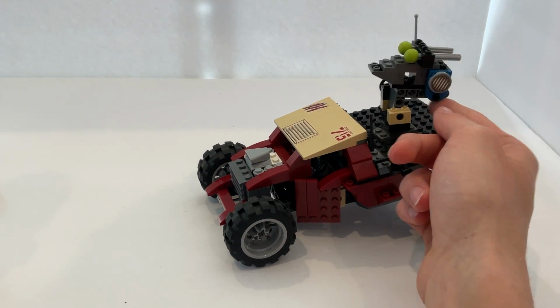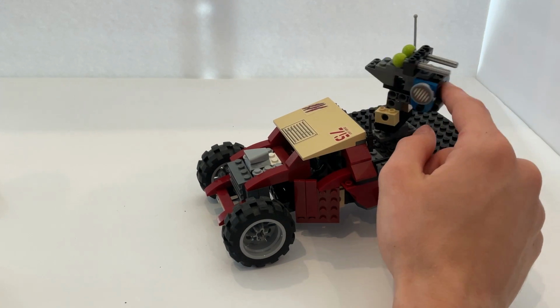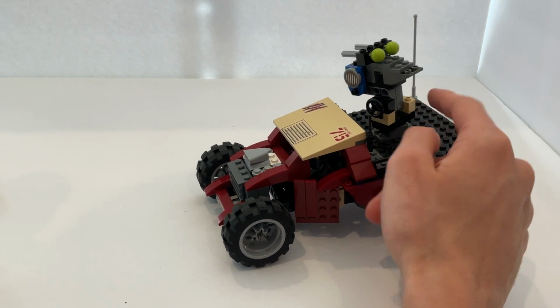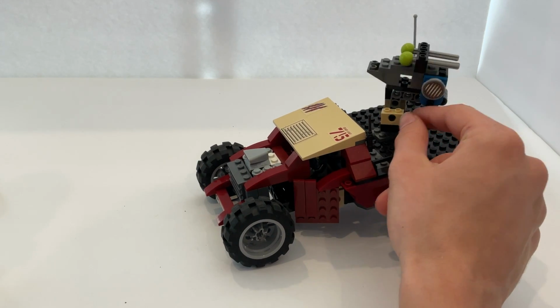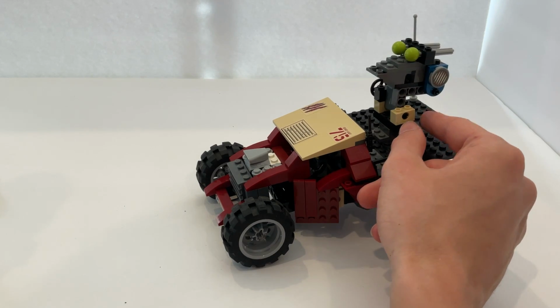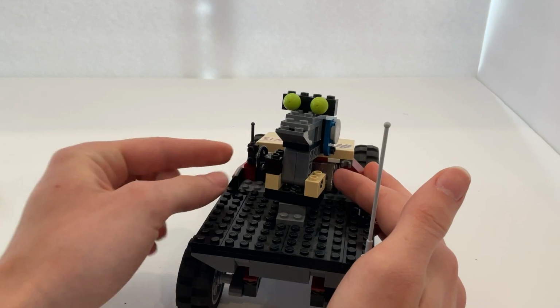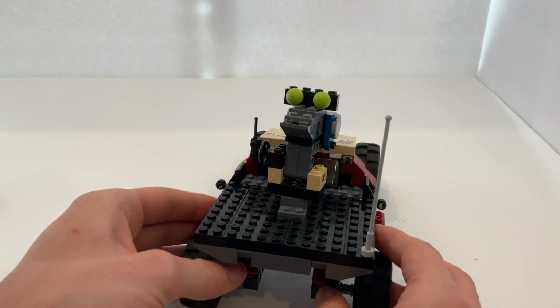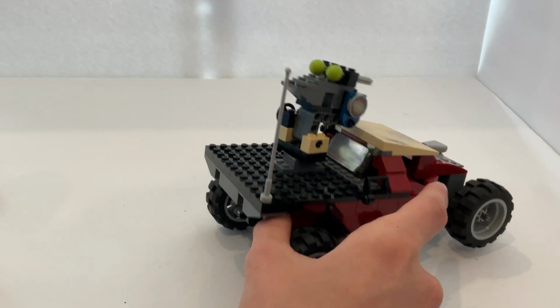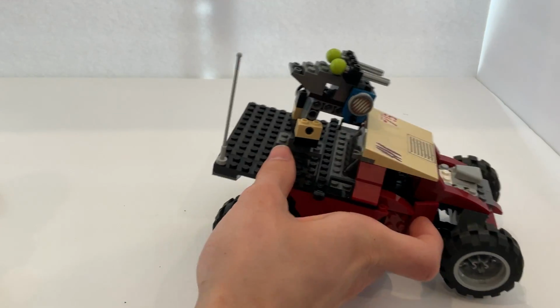And then coming along to the sides, I absolutely love how they used the grill piece right here, or the light piece, as this engine-y thing right up here. It just works super well and really gives the side a nice profile. And then coming to the back once more, you have 2 clips for equipment. One here houses this walkie-talkie. The other is empty. And then there's simply a radio communications antenna in the back here, which all good Dino